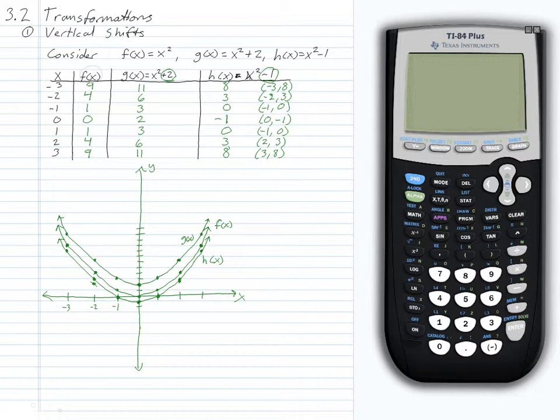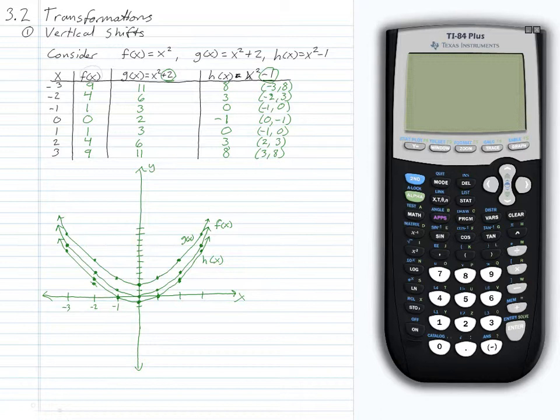So vertical shifts are generally the easiest to conceptualize, and what we're doing here is simply adding a constant to the y-coordinates of our original function. Now in the next transformation, we will be modifying the x-coordinates, so it's good to remember what a function is. A function can be considered almost a set of grouping symbols. So in the order of operations, the function will act on the inputs, and then anything happening outside of that